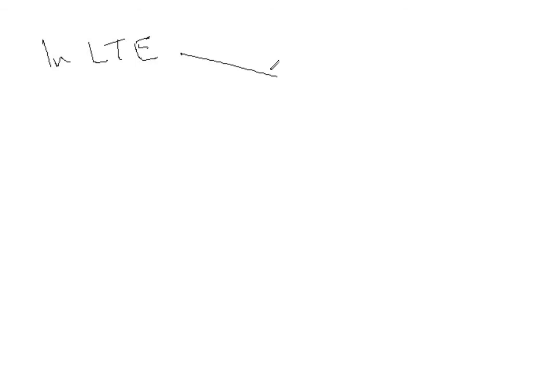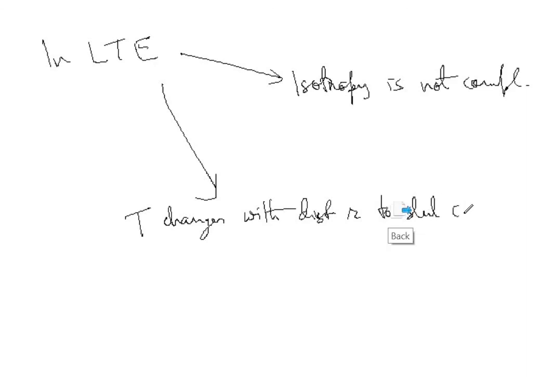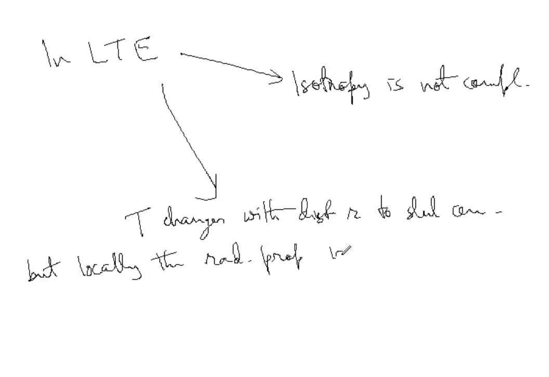we do not have everything. The first is that isotropy is not complete. Otherwise, there will be no energy flux going out, right? The temperature T changes with distance r to the stellar center, but locally the radiation properties can be described by Planck's law